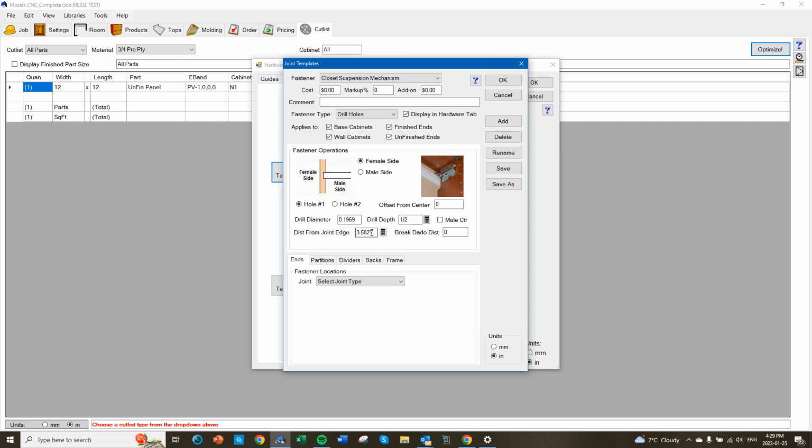Distance from joint edge, 3.5, so basically 3.58 or 91 millimeter. That's what controls it there. So let's just look at that without making any changes and show how that works out. That's what controls that distance. On the male side,